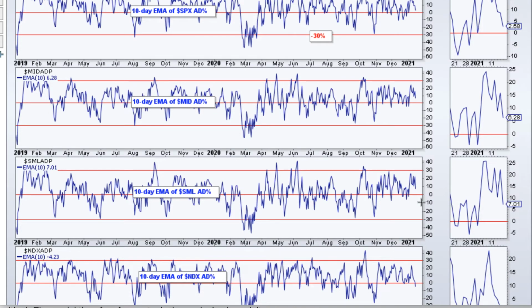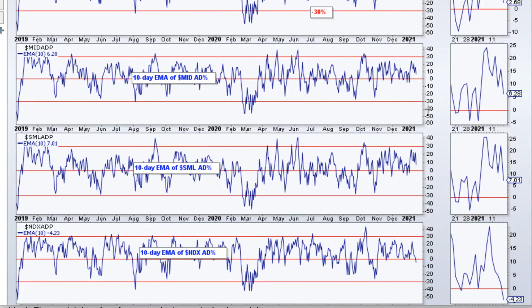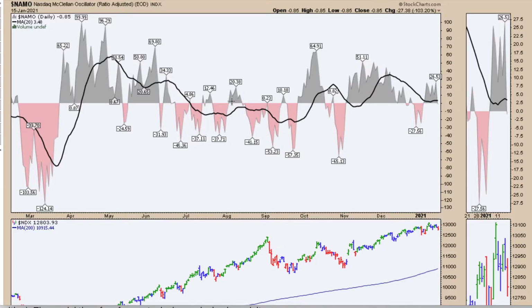Remember, the S&P 500 SPY was at the 21-day test and bounced on Friday, with the large caps, mid caps, small caps, and Nasdaq all pulling back. Note Nasdaq is the weakest, giving us more reason to be cautious in the Nasdaq 100 and the QQQs, as well as the FANG stocks and market tech leaders, with the Nasdaq McClellan oscillator also giving us reason to be